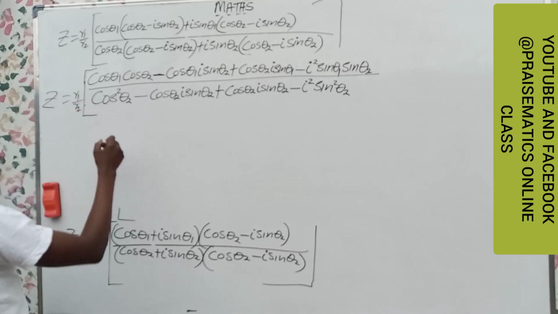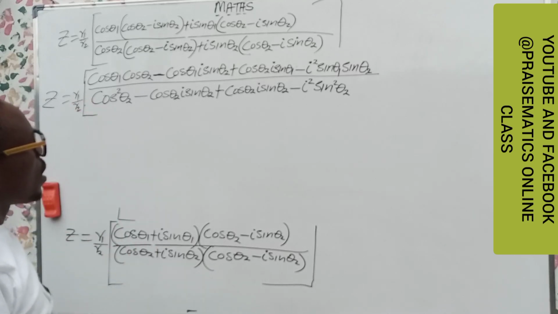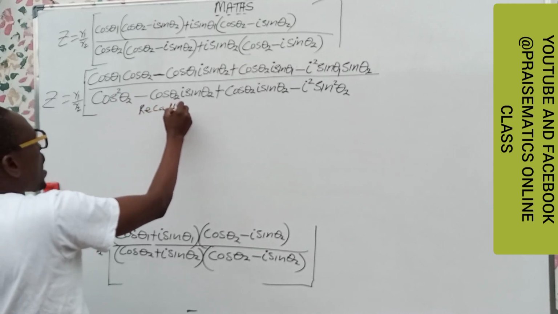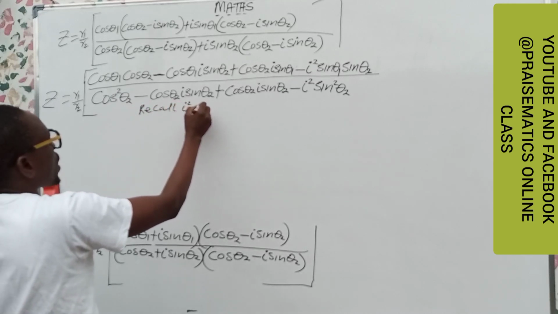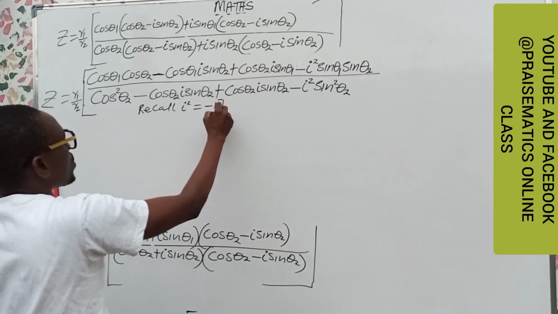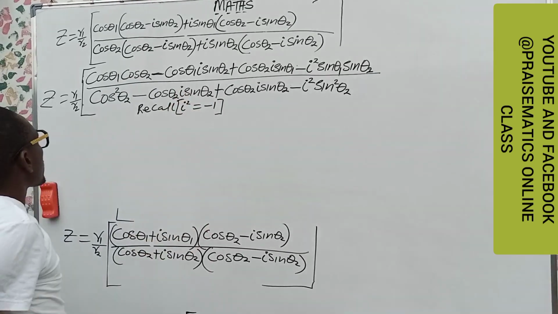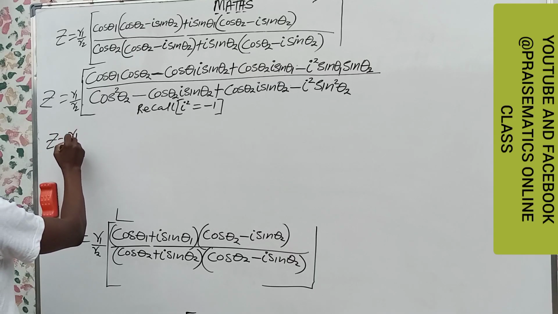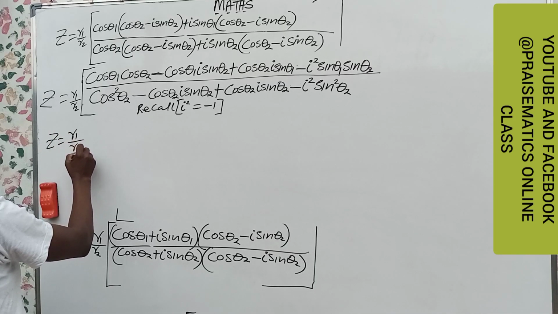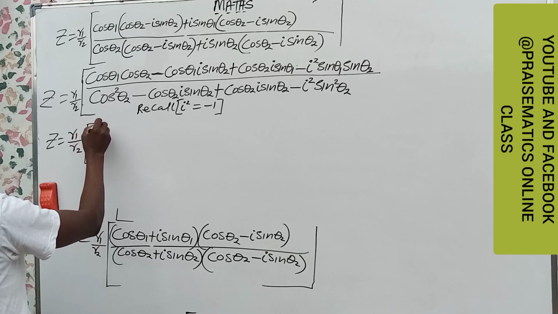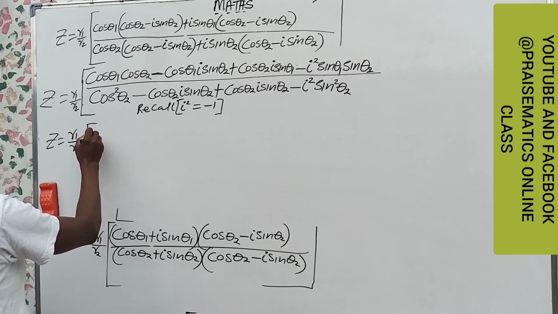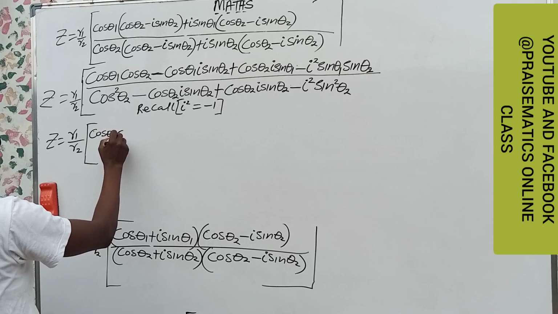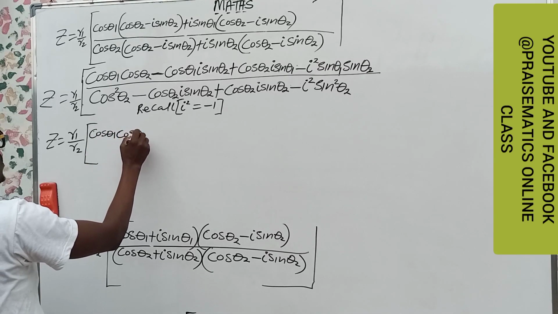Finally, what do we have? We collect like terms. Always recall that i squared is always minus 1. Always remember that. Now from this place, z is equal to r1 over r2 into cos theta 1 cos theta 2,